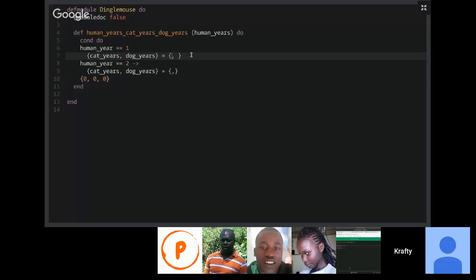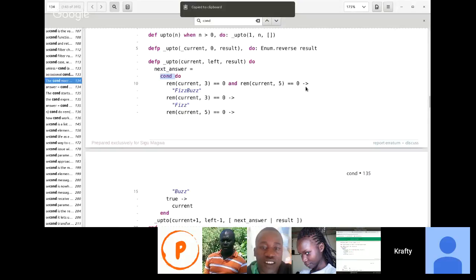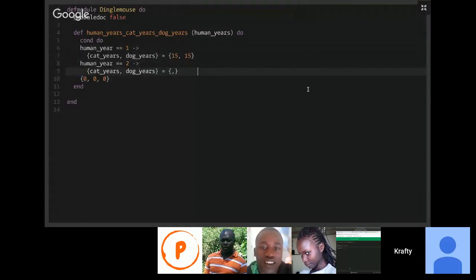By the way, ilikuwa 15. Alafu weka arrow. On the first one, yes, you have to put an arrow. Yesterday we were getting rid of errors. So if human here is 2, then plus 9. So both will be 24. And then if human here is greater than 2,